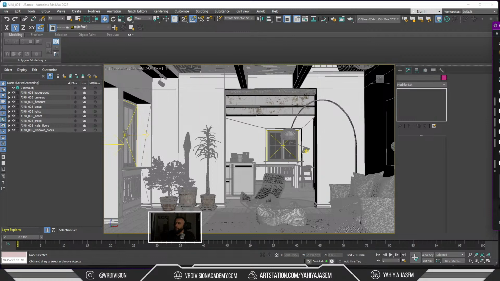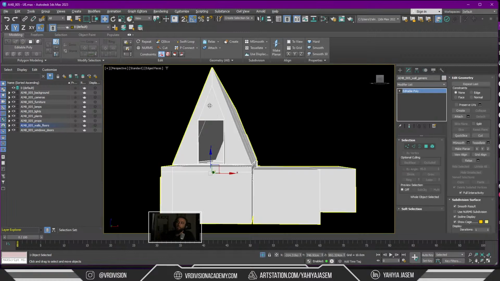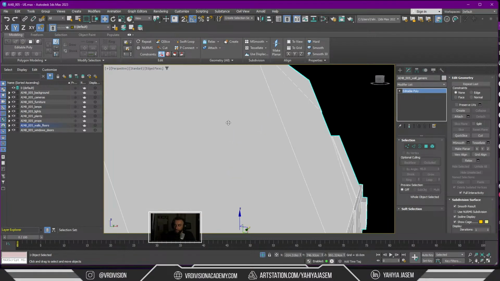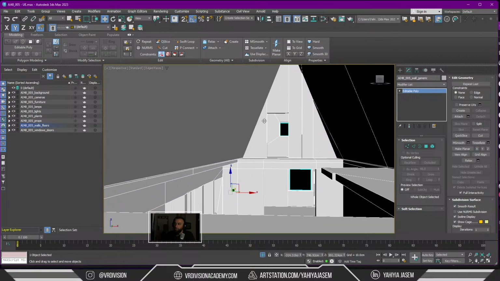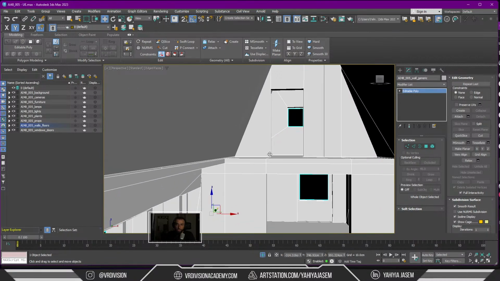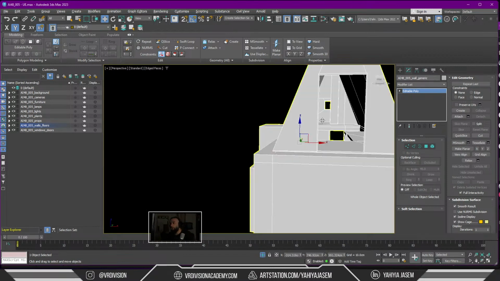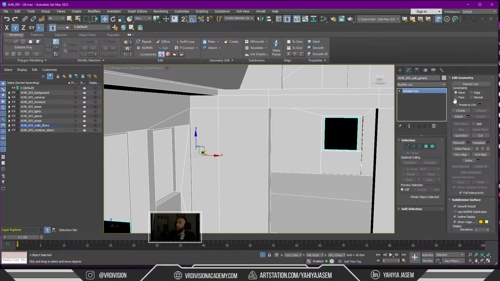So let's talk about something very important when it comes to the preparation of our scenes, which is how we detach our meshes and why we detach our meshes. We used to detach our meshes in the early days because when we want to bake lights on our scene, so if you're using Unreal Engine Lightmass, whether the CPU Lightmass or the GPU Lightmass, to calculate the light maps, we detach our meshes because if we add an Unwrap UVW modifier,